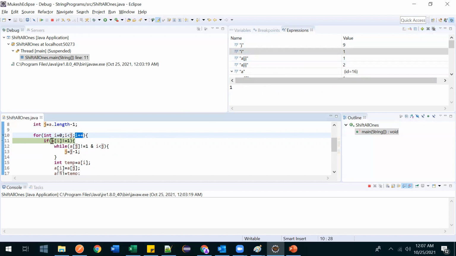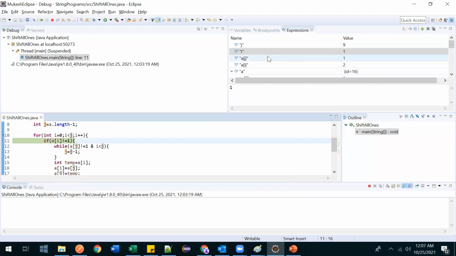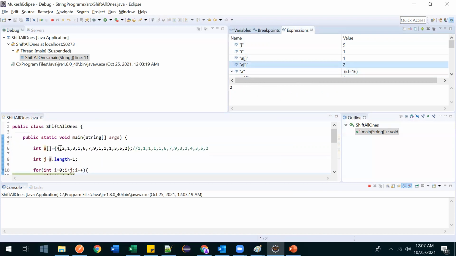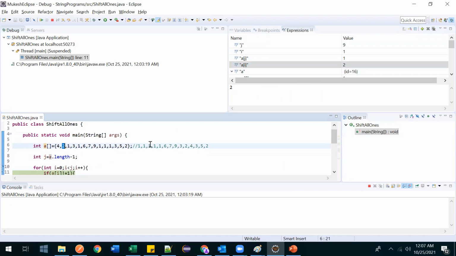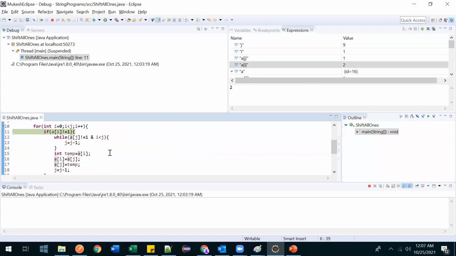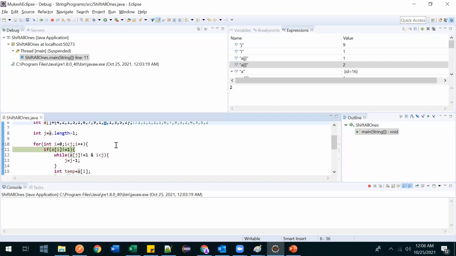So now here our intention again is to check that ai is not equal to 1. Yes, ai is not equal to 1. The current value is 2, right? So this is 2. Now we have to exchange this one. With which one? After exchanging this one, we made j minus 1, right? So j now started pointing to this one. So ai is not equal to 1, yes, because it is 2.